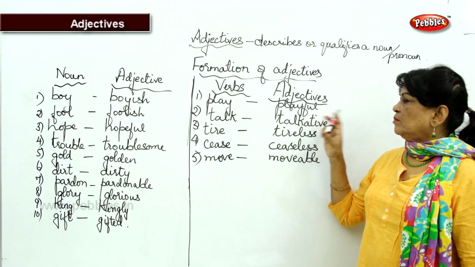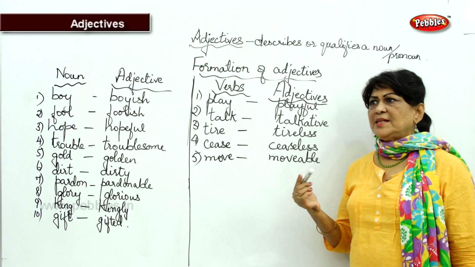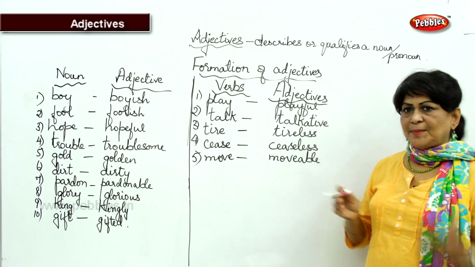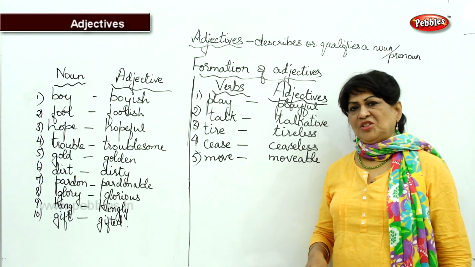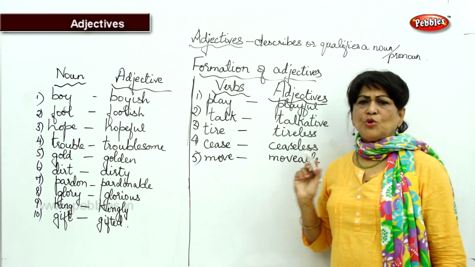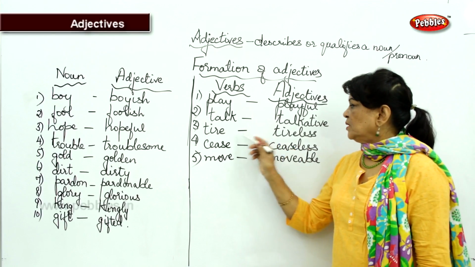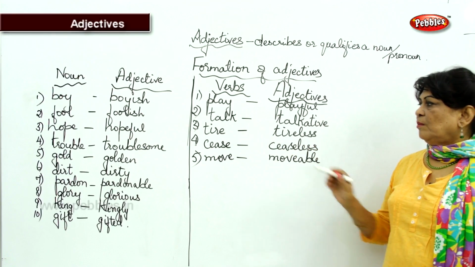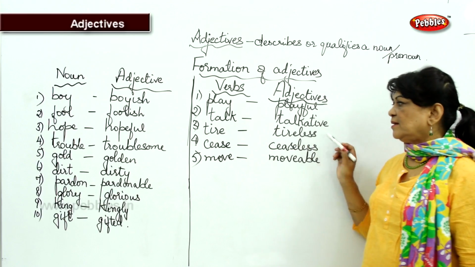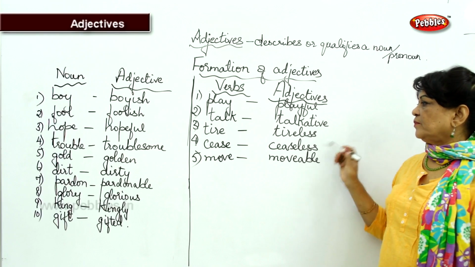Okay. We can just say Ramesh, or we can say Sam is a very playful boy. So, it describes Ramesh. Okay. Talk. Sita is a very talkative girl. Talkative. So it describes Sita. Tireless. My father is a tireless worker. Tireless means without getting tired, who works and works on.